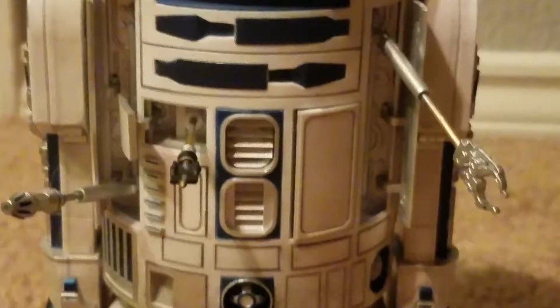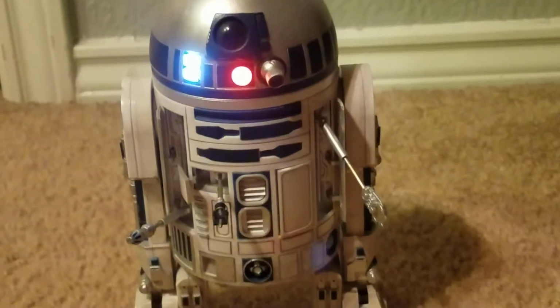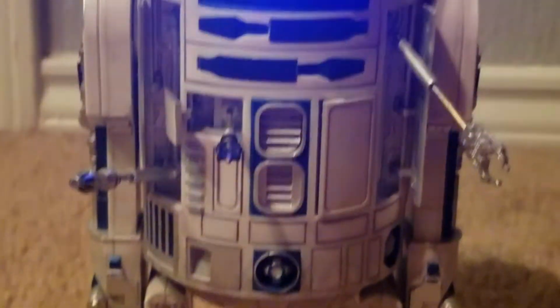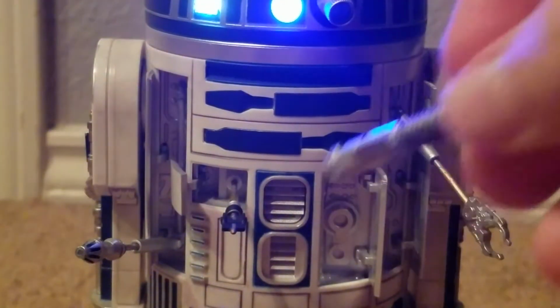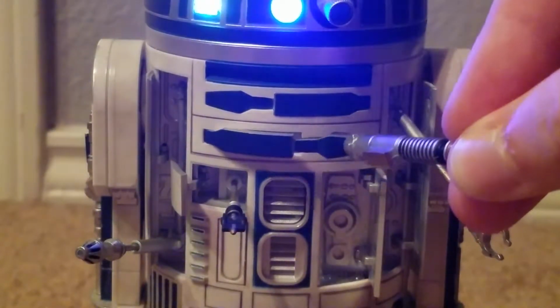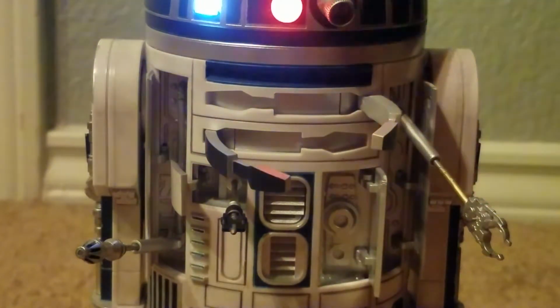So there you have R2's arms attached. Turn on those lights. And he does have two additional opening panels, other than this one. He has these blue panels, which you may be wondering, if you haven't seen my previous R2 review,